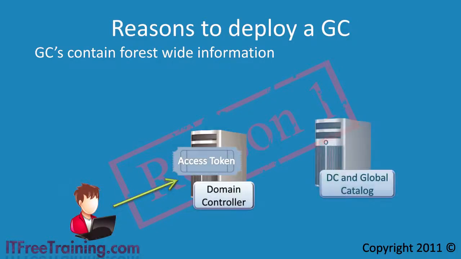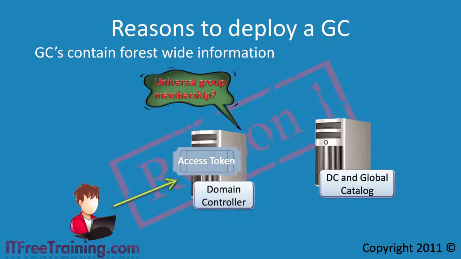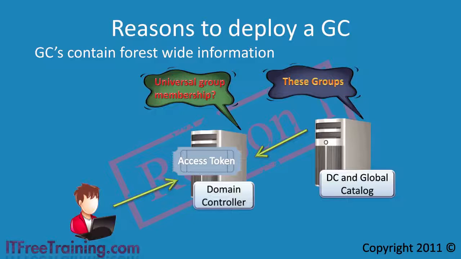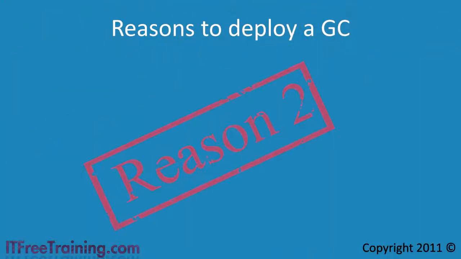The Global Catalog server is required to determine which universal groups the user is a member of. Windows can cache credentials, so if the Global Catalog server cannot be contacted, the user may be able to still log on using the cached credentials. It is best to always have a Global Catalog available on the network to ensure users don't have any problems logging in. The second reason you need Global Catalog servers is that Global Catalog servers are required when a user